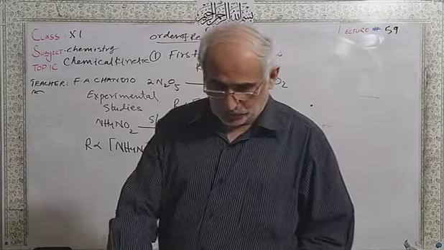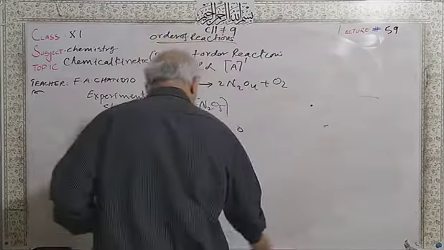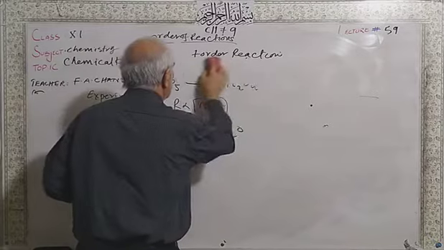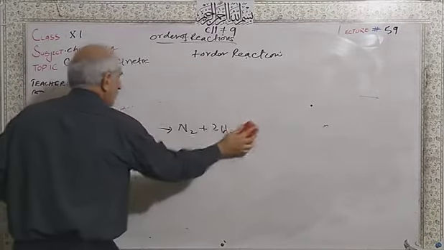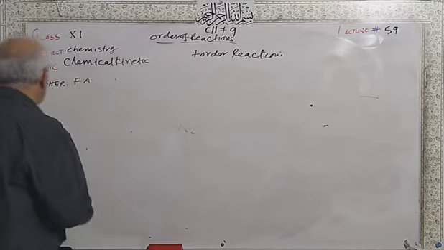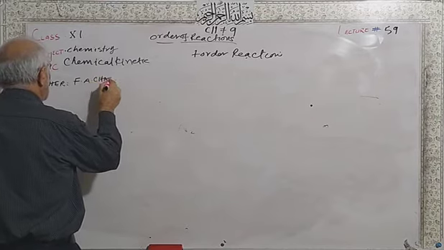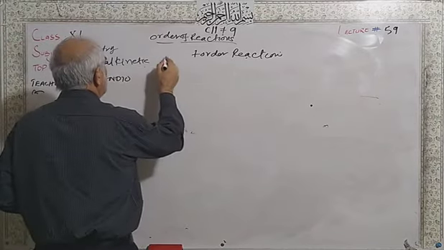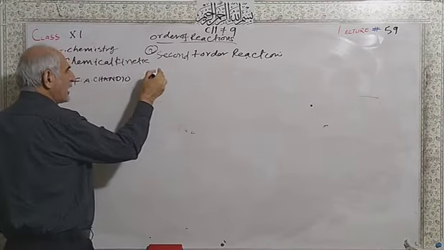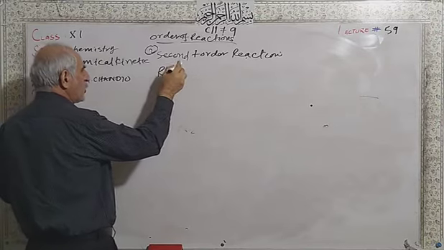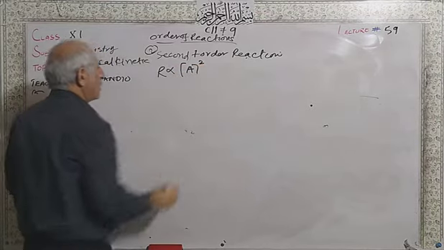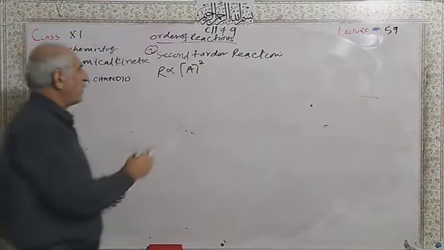This is called first order. Now second order. In the second order reaction, the rate of chemical reaction is directly proportional to the second power of the reacting substance,